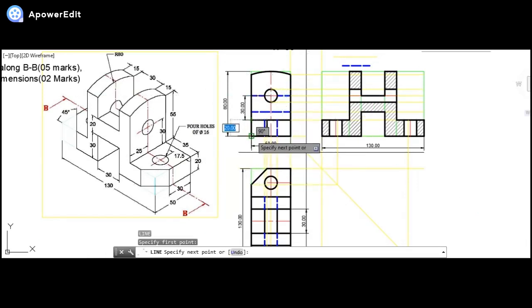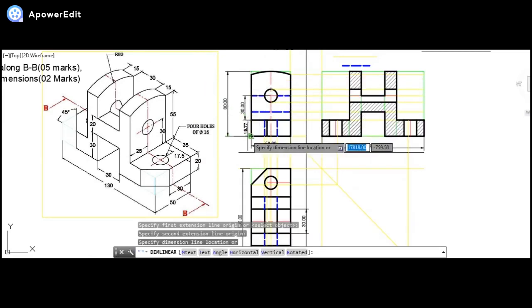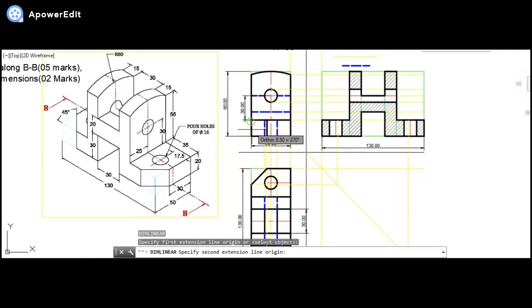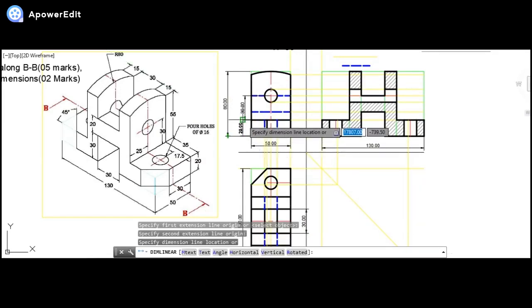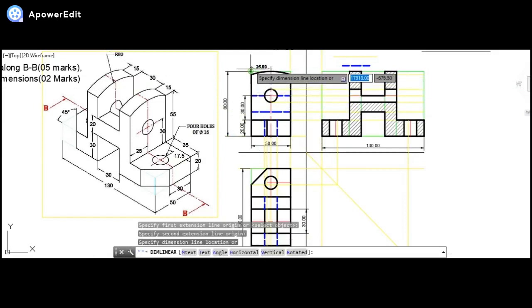Now the distance from here till here is 20 mm. From here till here the distance is 20 mm exactly. Okay, like this. Again, from here till here the distance is 25.